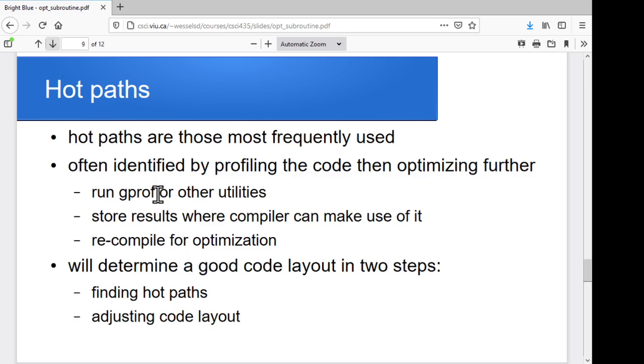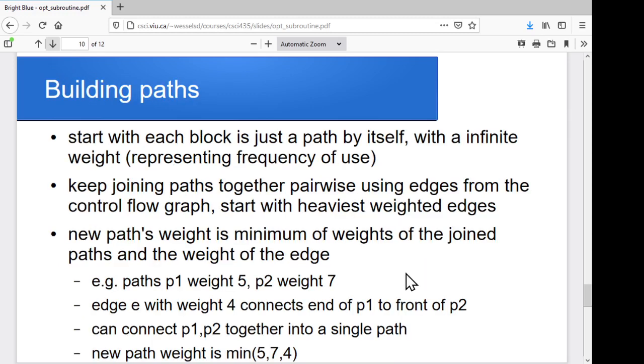So we'll assume that the profiling's been done and that we've got information on frequency of use available to us. So what we'll do is take each block and have something that indicates how frequently that block has been used, again from our profiling information. And initially we'll just say each block is a path by itself and give it some high arbitrary weight. And then what we'll do is start joining